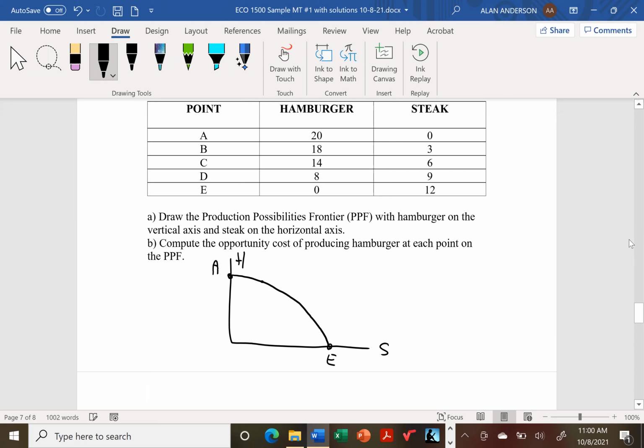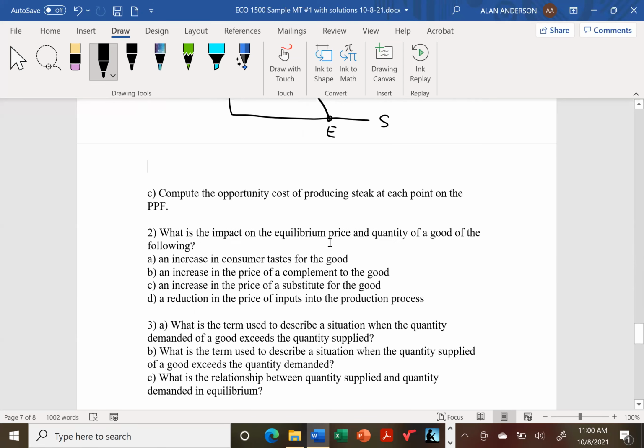Just like I said, this is not meant to be an engineering drawing class. As long as it's clear that you understand that this production possibilities frontier is curved, that's good enough. Now, as far as the calculations go, just remember that for any opportunity cost,